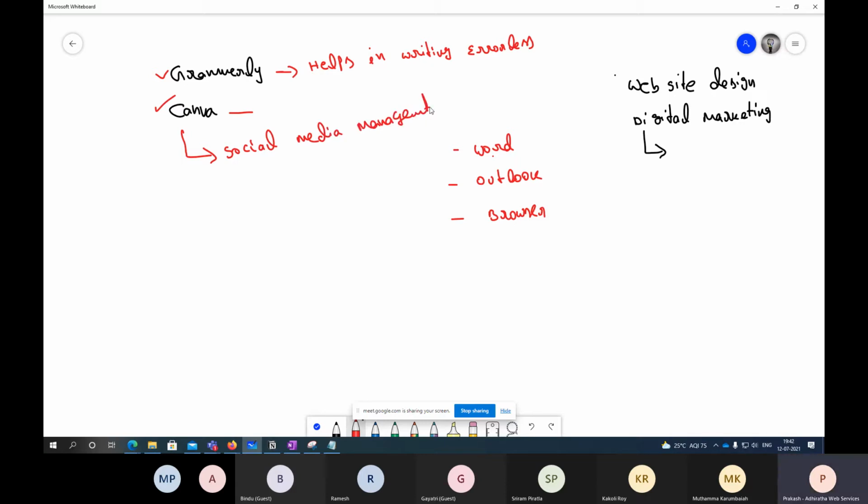What is social media management? Digital marketing is a huge subject, guys, so don't worry. I'm talking about a simple process here. In simple terms, it is to manage multiple social media accounts from a single screen or in an automated way. That's all. As a personal user, you might have one Facebook account, one Instagram account, or one LinkedIn account and maybe one Twitter.